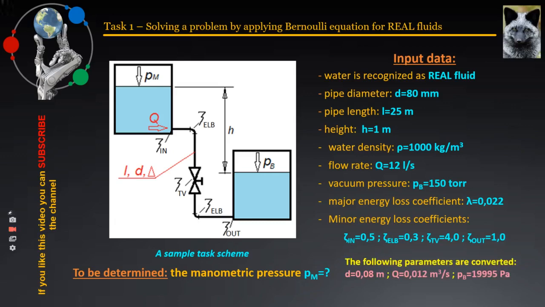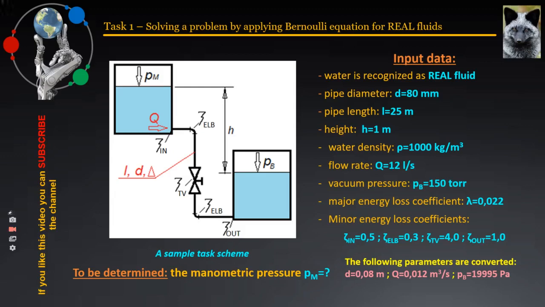For example, in our case, this will be the diameter, which now is 0.08 meters, the flow rate, which has to be presented as 0.012 cubic meters per second, as well as the vacuum pressure, which is equal to 19,995 pascals. It should be taken into account that 1 torr is approximately